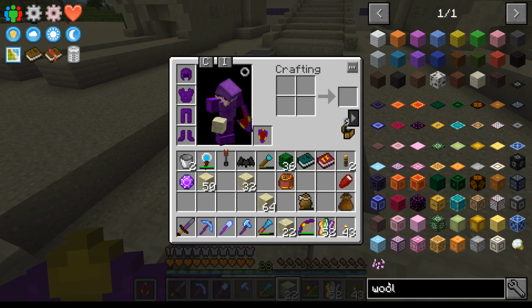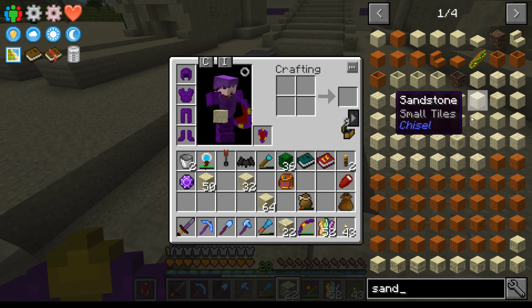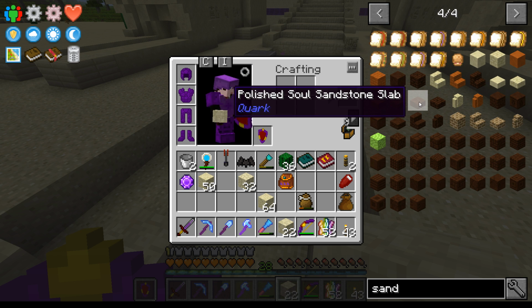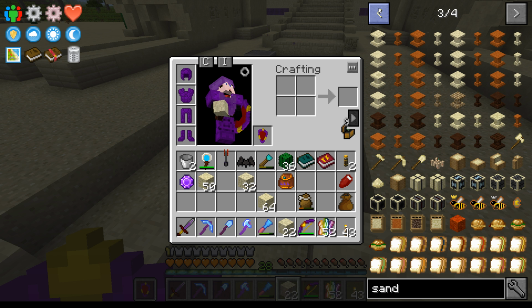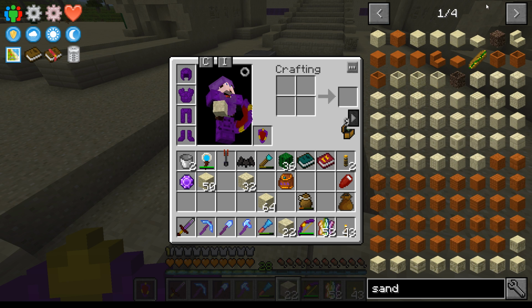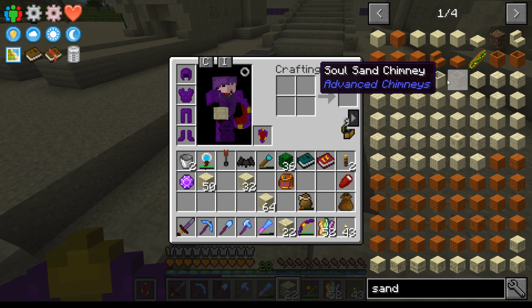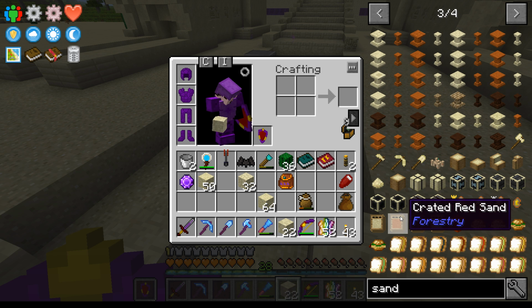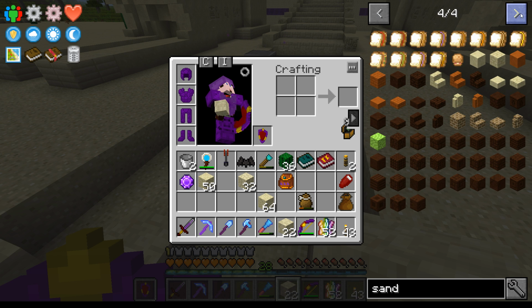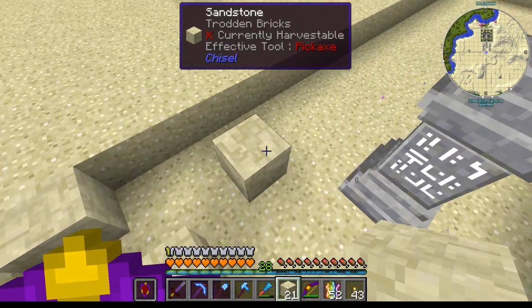There's probably even some sandy stuff we can do. Let's have a look. We've got red sand, obviously. We've got sand. We've got soul sand. We know about polished soul sand bricks from quartz, which is probably not what I'm after. We have got chiseled sand, and that's actually it. I'm surprised. I thought there would be slightly more. I would have thought Natura would have had something at the very least. Sandstone bricks we can do though. That's not a problem, and